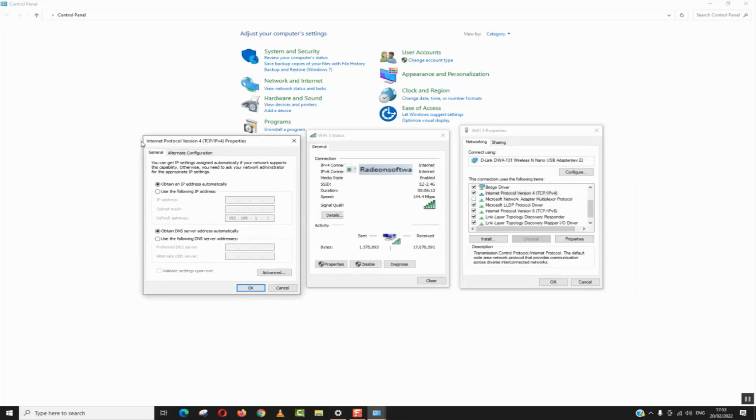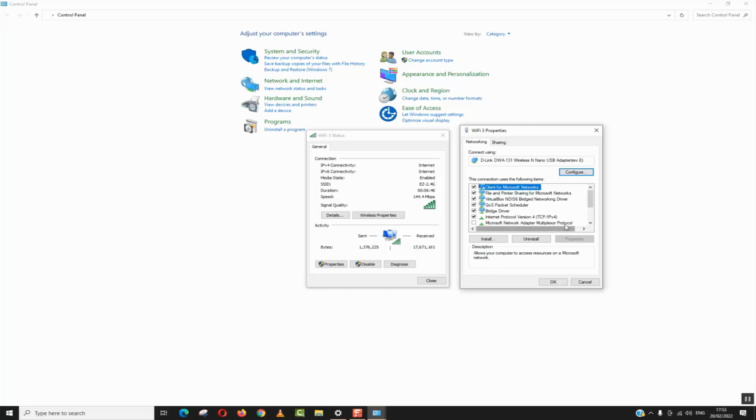Next step, we will double click on Internet Protocol version 4 to open the properties. And here you want to play a little bit with the settings. If, for example, you have the option use the following IP address ticked, it means that the setup has been done manually by someone, your friend, your family member, for you. If you have use the following IP address ticked, then you want to tick obtain an IP address automatically. And also you want to tick obtain DNS server address automatically. You click OK,